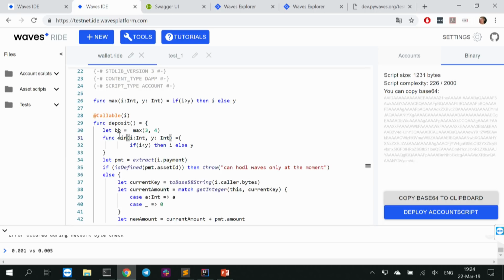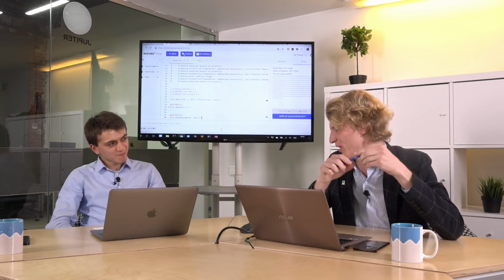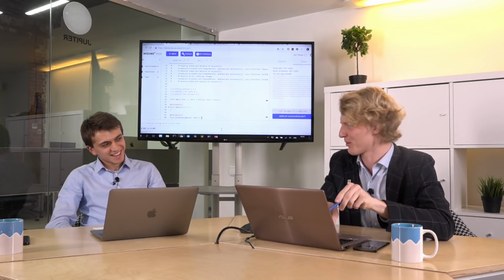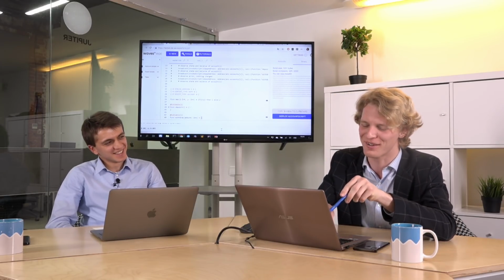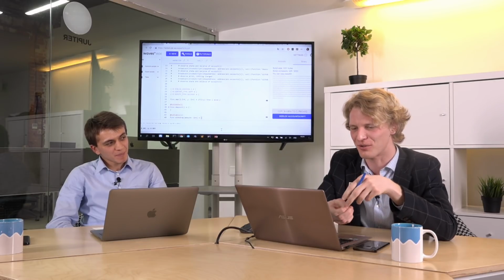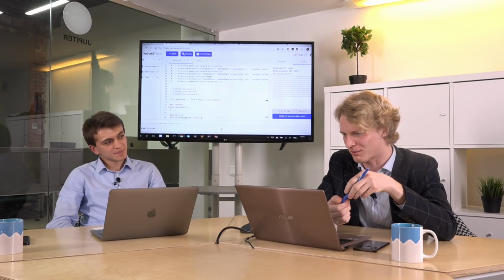What about annotations? Will we have only callable and verifier, or do you have anything in mind, like maybe we can extend it somehow in the future? Well, annotations represent functionality. It's not like they're orange and that's why they're cool. So regarding this, we have two things in mind.